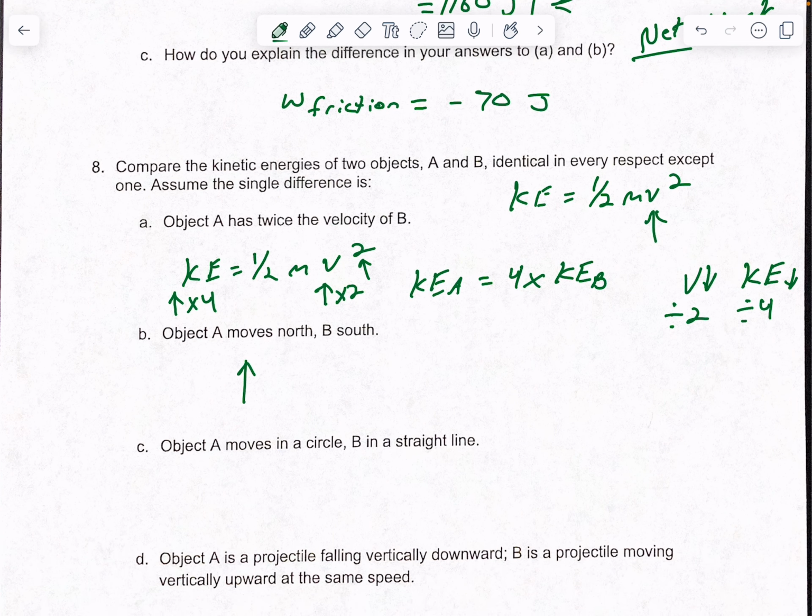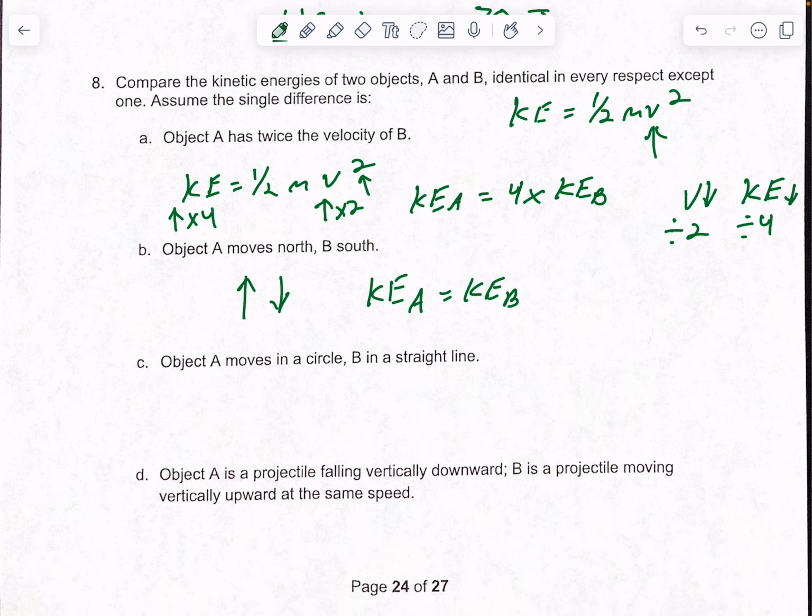Okay, so one's going this way, one's going this way. Would there be a difference in kinetic energy? No. So that means KE_A equals KE_B. So direction doesn't matter. The only thing that can affect kinetic energy is changing the mass or changing the